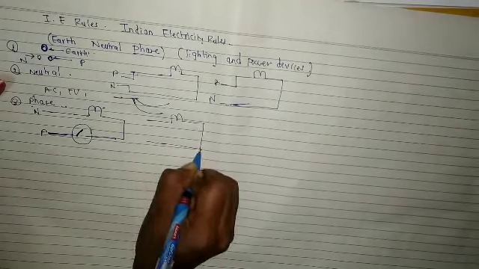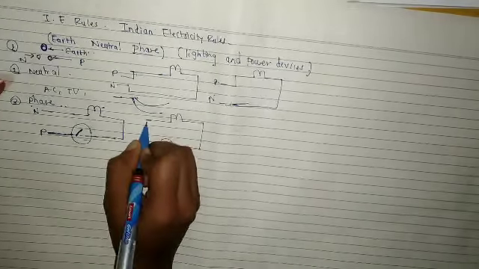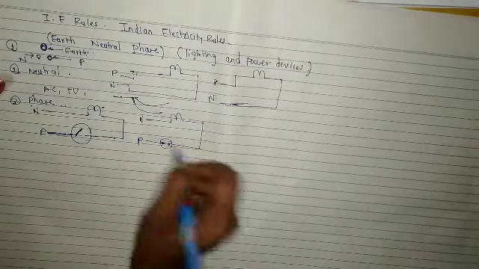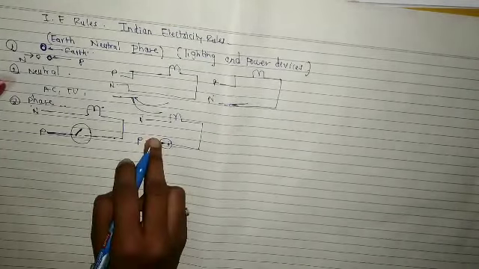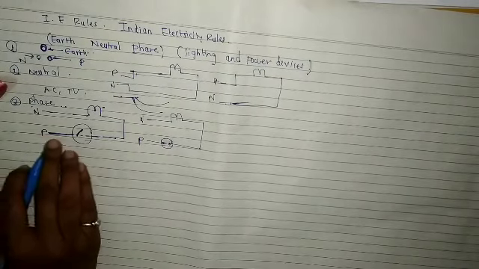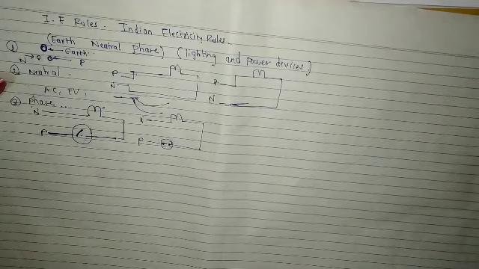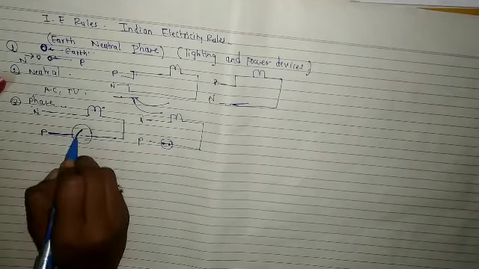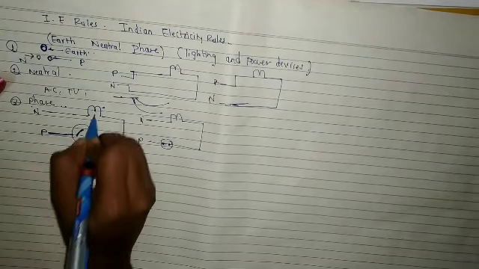This will be like this. Our switch will get closed. This is neutral and this is phase. Then our circuit gets complete and our bulb will glow. So what I did here, I have given the phase wire here, but instead of giving this phase wire to the switch, I gave this phase wire to the appliance.